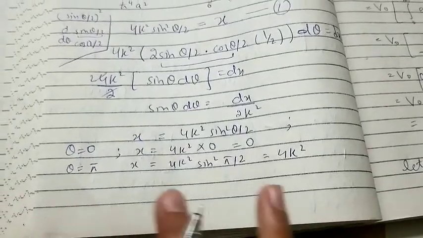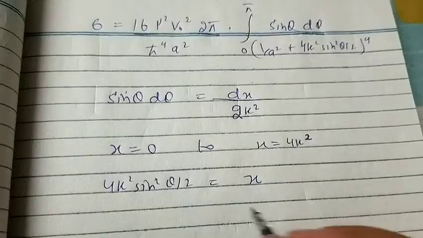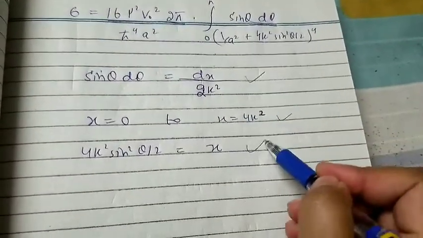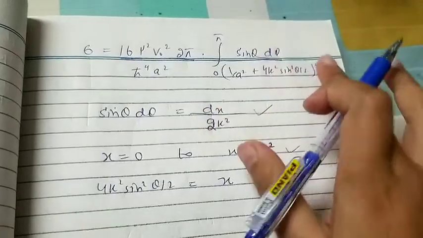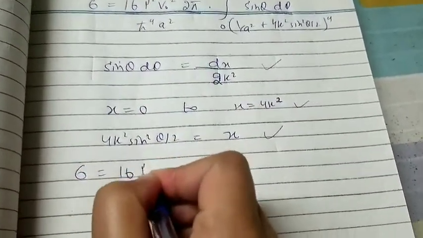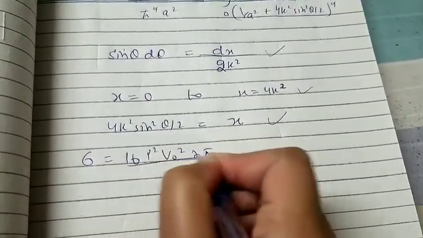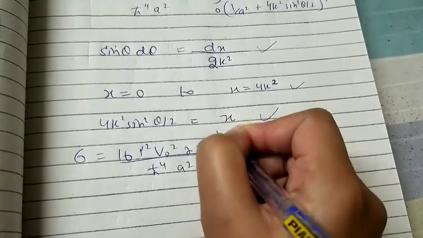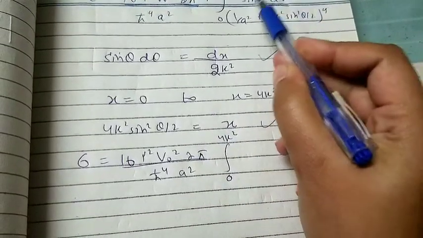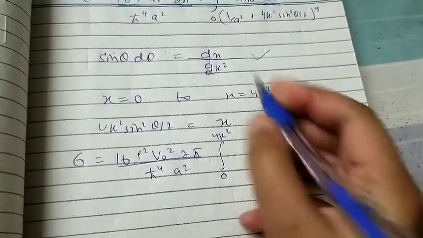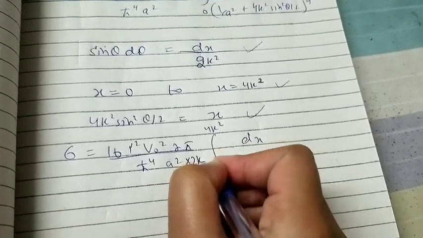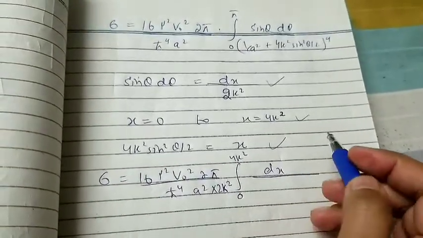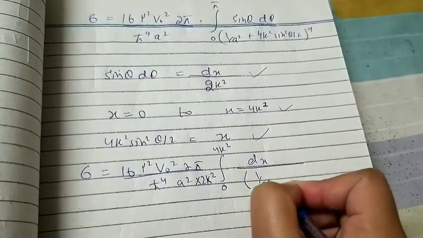Now I am substituting all these quantities into this integral. Here is the substitution that I will make now, and we successfully found these values in place of all this stuff. So I'm putting these values now. The limits become 0 to 4k square, and in place of sine theta d theta it will be dx by 2k square. Now I'm writing 2k square in the denominator outside the integral because it is a constant quantity, and in the denominator 1 over a square plus